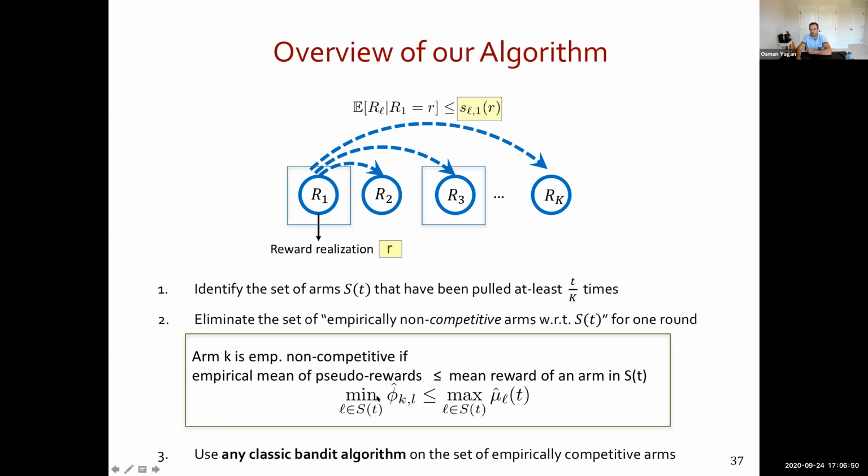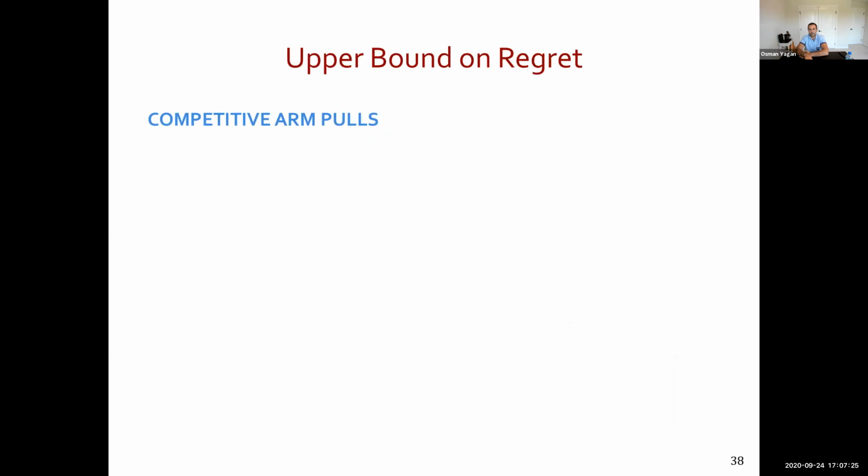And if this natural upper bound is already less than or equal to the mean reward of some other arm, what you say is that, well, this guy's upper bound is less than the mean reward of this one. So upper bound less than this means that there's a good indication that this one is suboptimal. So we say that for this round, you are frozen. You don't continue to the next step. In the next step, we again borrow any classical algorithm of your choice, UCB, Thompson sampling, etc. are possible. And we basically, for this algorithm as well, have similar guarantees.